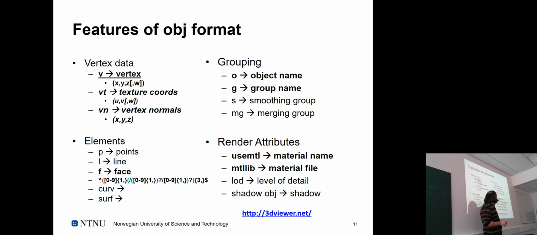We can have smoothing that we already mentioned, and merging of different groups. And finally, render attributes, so appearance related stuff, either using the material library, defining the material library file itself, and different levels of detail and shadow objects that we're not going into in detail,